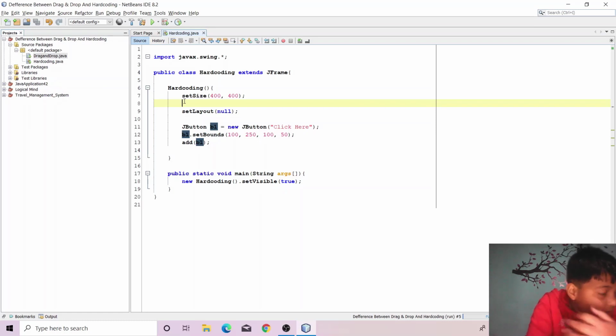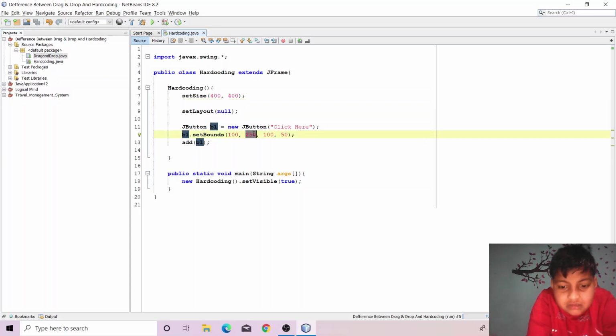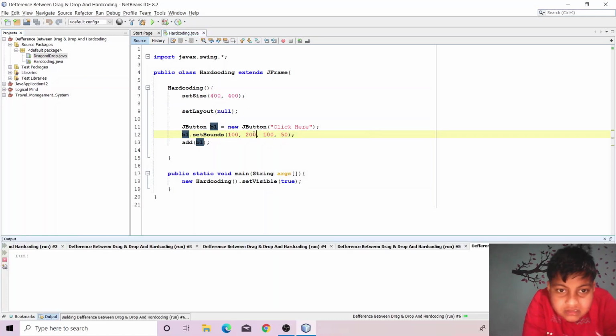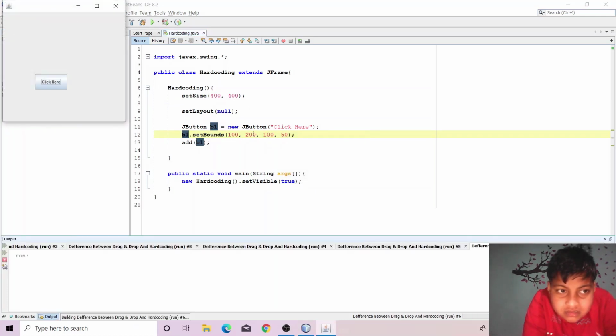Okay, wait. From the upper side this is 400, so I think I should type 200 here. Okay, it is a little bit up now.